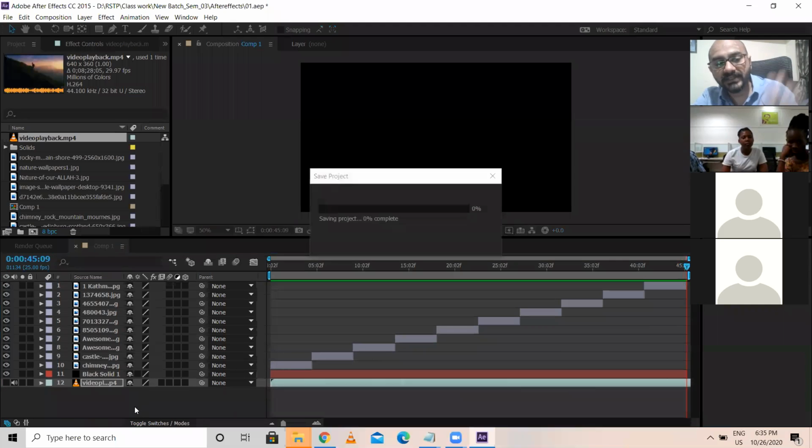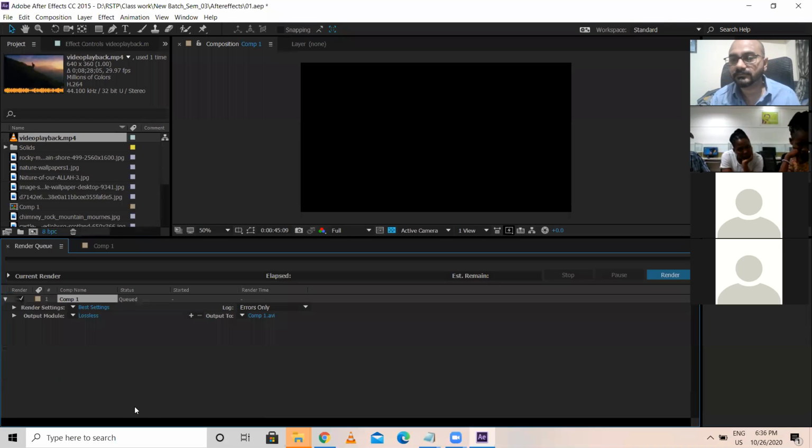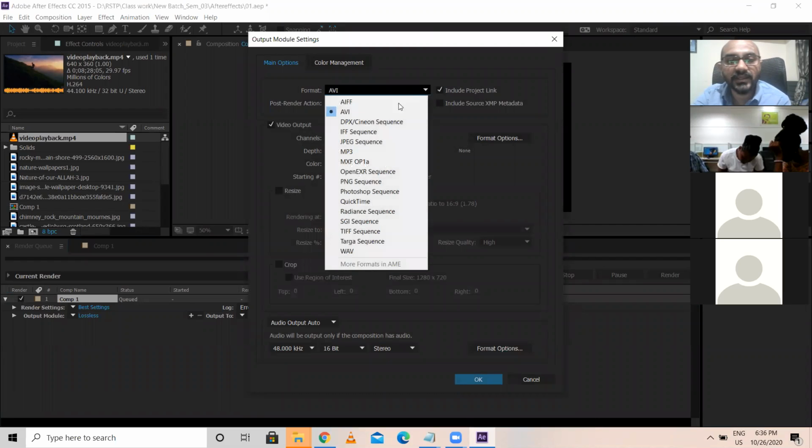Okay, I save this. How do I render this? There are multiple ways to render. Okay. First, let me show you one way. Control M. M for movie. Export this as movie. So output mode lossless is there. That's AVI. So I want to go for QuickTime.